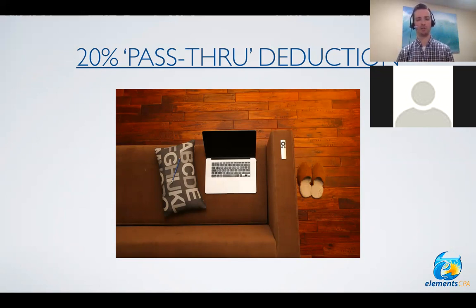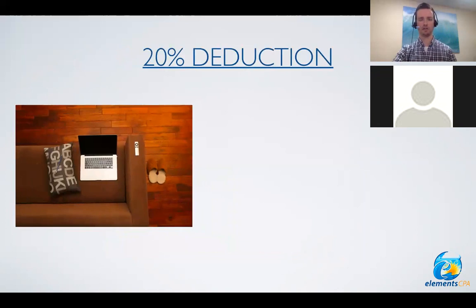Does this deduction apply to sole proprietors? And the answer is yes. If you're a Schedule C or sole proprietor, as we would call it, this does apply to you as well. So let's take a moment and tease it apart some. First of all, the 20% deduction, the way the actual legislation is written,